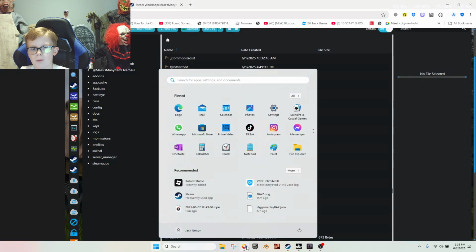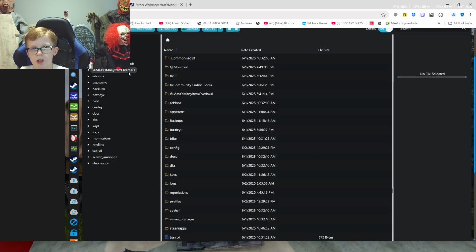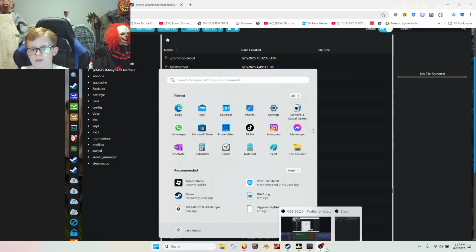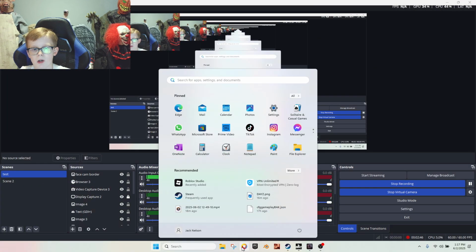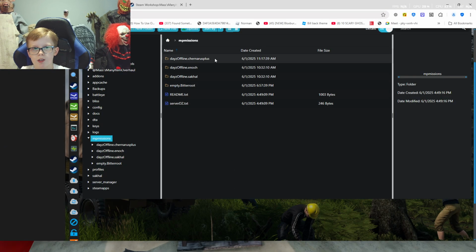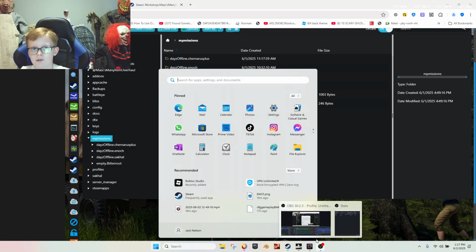Once you click on File Manager, since I'm using Bitterroot, and for some people, whenever you make your own server on DayZ, it's always going to be Chernarus Plus. So you want to go to Mpmissions. Once you clicked on Mpmissions, go to DayZ. If you're using another map, like I'm using the Bitterroot, which is Montana, if you're using a different map, still click on it. And after you click on it,